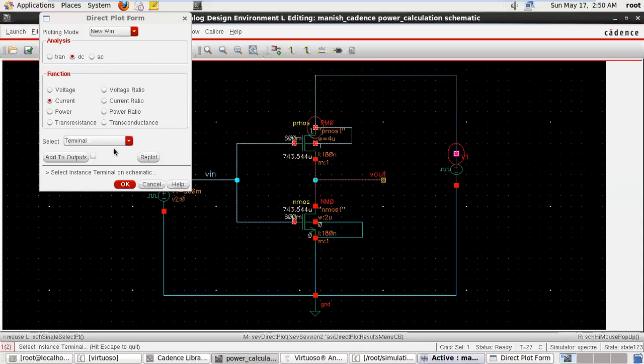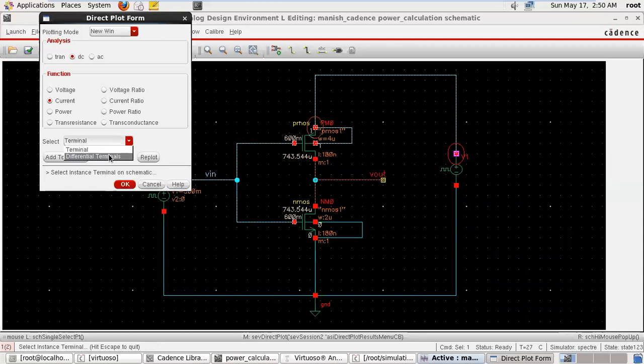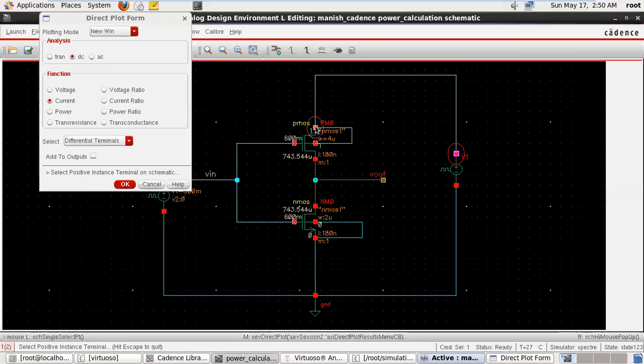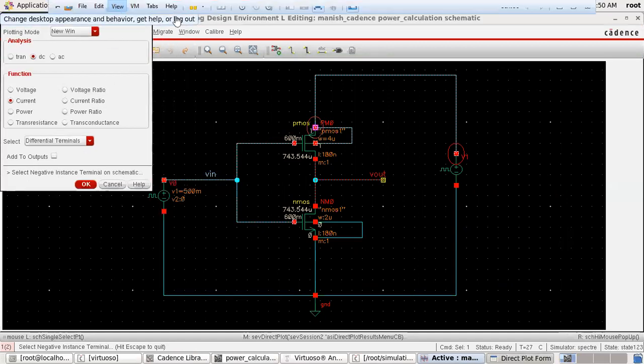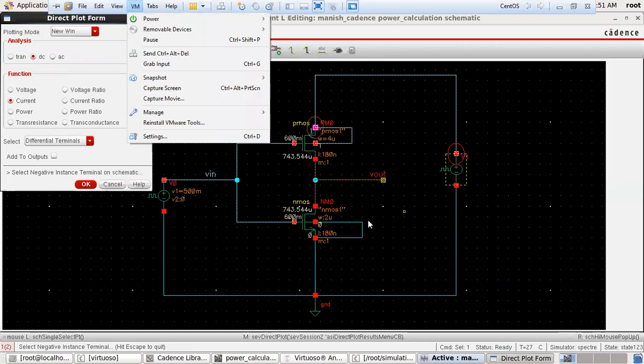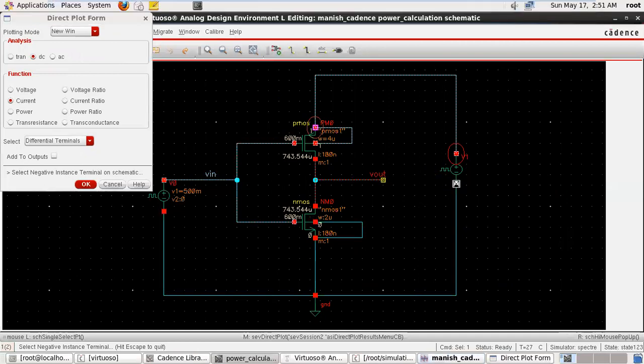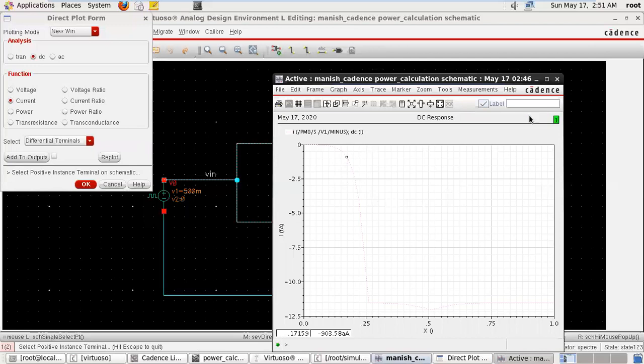Okay. Second, we can also select the differential terminal. If we are selecting the differential terminal, this will give you the difference of two node currents. So select the positive terminal current. Suppose we are taking this as the positive terminal. Now select the negative terminal. This is positive. Now suppose we are selecting this as negative. So this is the difference